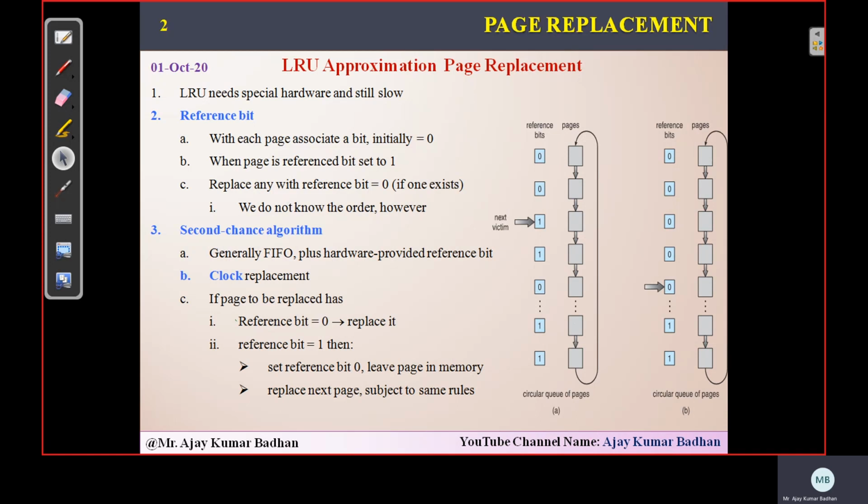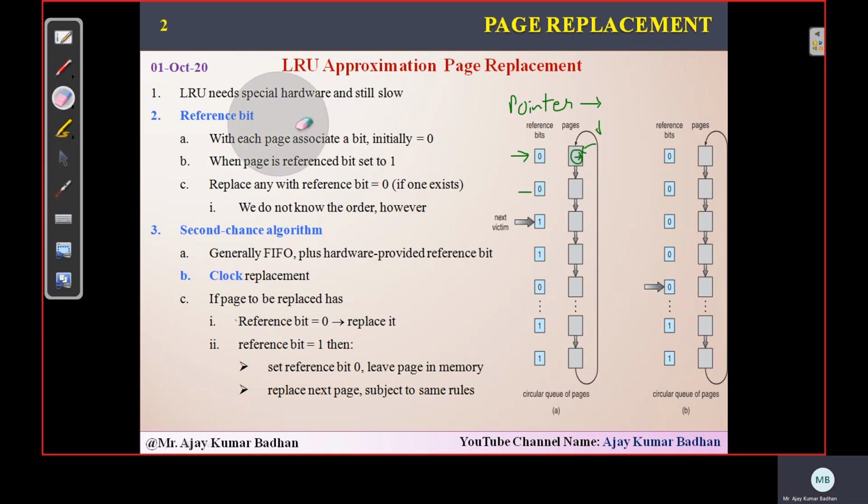That's the diagram that we have. If you see in this diagram, in the second chance algorithm, we have a pointer. The task of this pointer is determining which reference bit we can select in order to replace that particular page. Initially, let us suppose the pointer is referring to this page. Here the bit is 0, so immediately this page can be replaced with the new page, means a new page can be uploaded. These are the frames, the pages. So this page can be eliminated and the new page can be provided here.